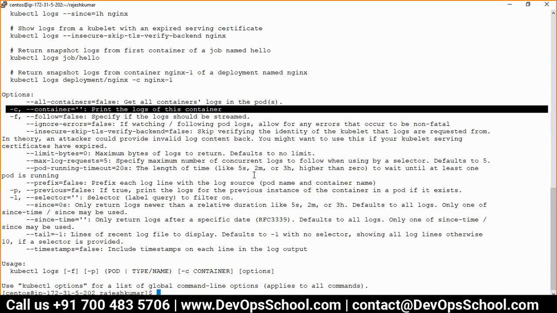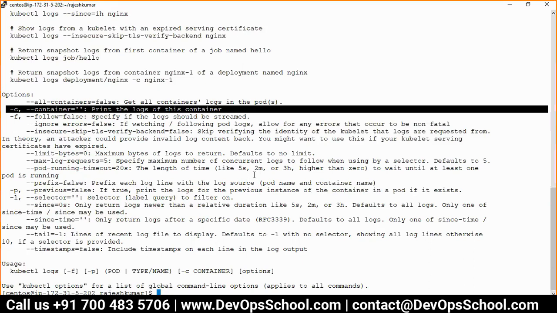So remember, pod has multiple containers, but the first container we call the main container. So whenever you run the regular command, it gives you the output of the main container. But if you want to try another container, then you have to use -c. Okay, -c is equal to container. Make sense?